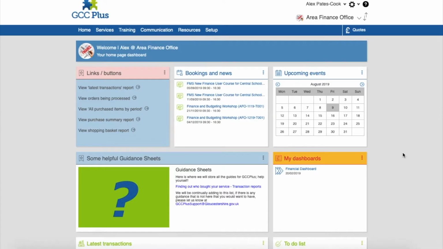The home page is the next step after you've logged in. This is the general access point for the whole of GCCPlus. From here you'll be able to see all the helpful features on display. These features include reporting and functions, booking and news, which gives you a basic oversight into news, articles and upcoming training courses,